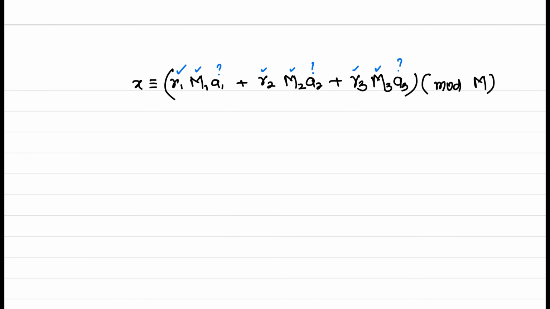For that, as per the Chinese Remainder Theorem principles, the most important step and most important calculation involved is that we have to find A1, A2 and A3 such that